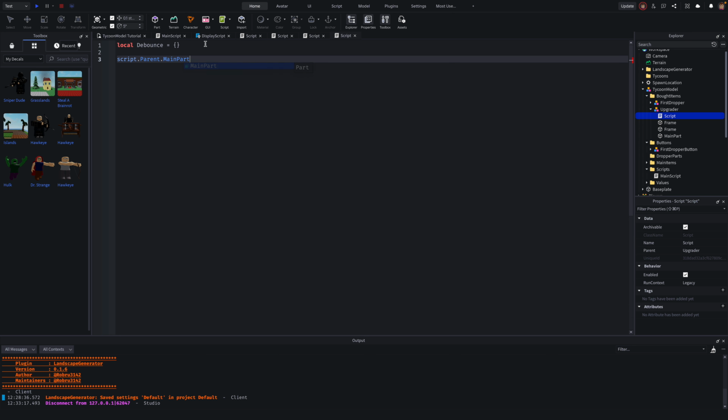Then go down and type if hit.Name equals part, go outside the speech marks and do and hit:FindFirstChild, and then in parentheses and speech marks do cache value,